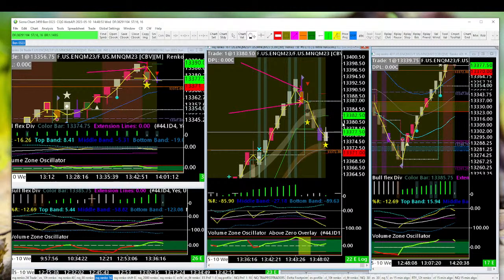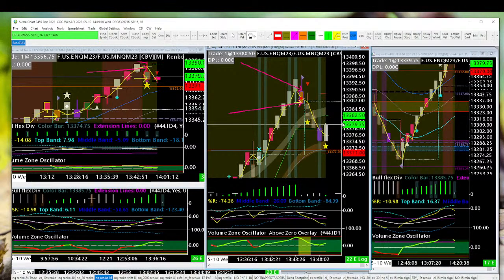You just need to play with it and study it enough that you know how it works and you start to get confident with how the setups play out. Obviously, you'll never know which setups will work and which will not. And past performance is not indicative of future results, all that stuff, right? Disclaimer, I'm not licensed to tell you what to do. But when it comes to what I do,